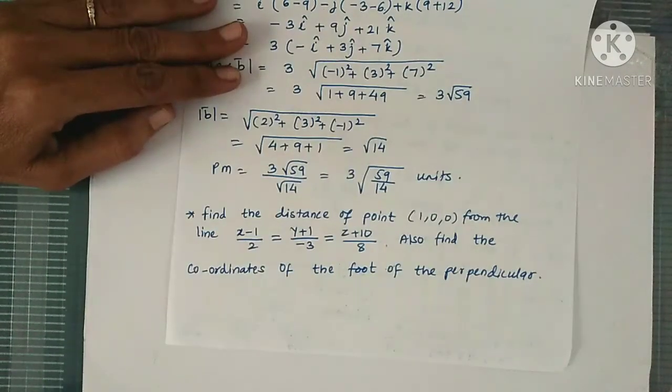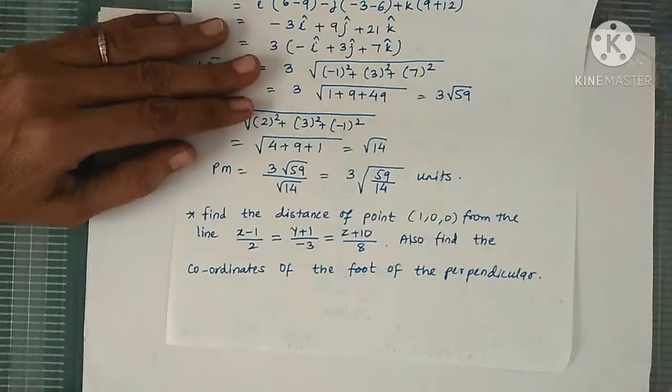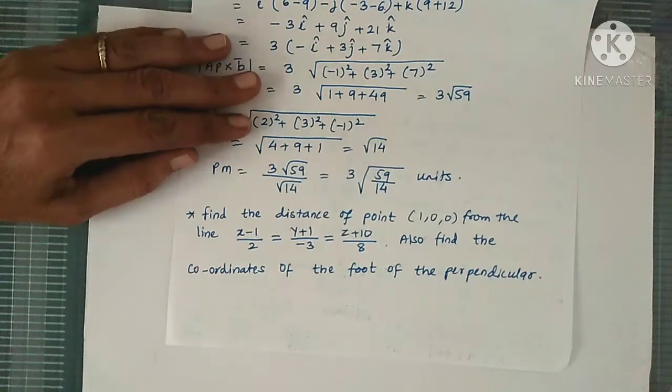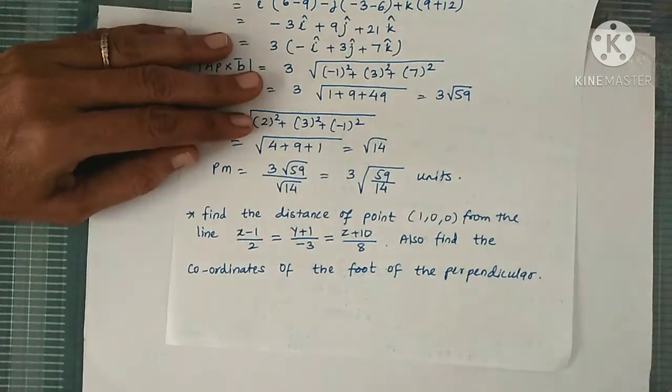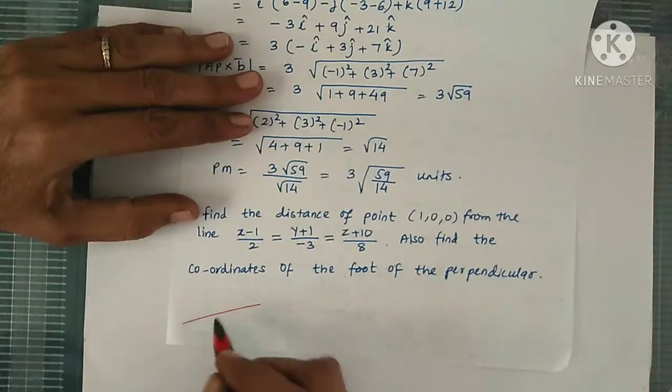So this is your today's assignment. Find the distance of the point 1, 0, 0 from the line (x minus 1) by 2 equal to (y plus 1) upon minus 3 equal to (z plus 10) upon 8. Also find the coordinates of the foot of the perpendicular. To solve this question, if you use the formula modulus of AP bar cross b bar upon modulus of b bar, then you will get only the distance, but you will not get the coordinates of the foot of the perpendicular. So instead use the method